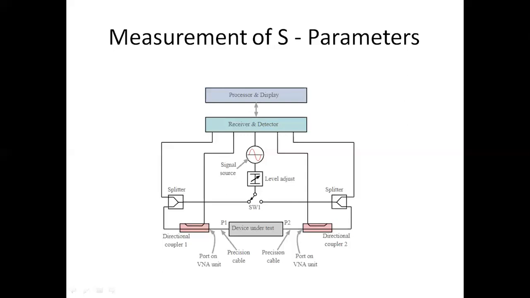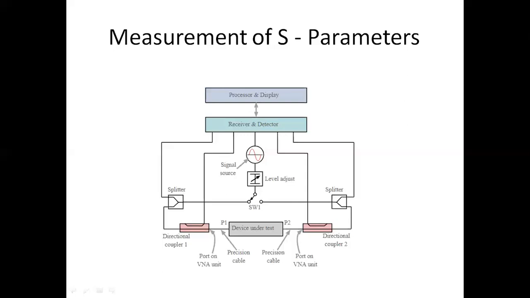along port 1. So if we want to measure the S21 parameter, the reference signal is already given to the receiver, and the signal passing through port 1 will be transmitted to port 2, then it passes to the directional coupler and once again goes through the splitter and gets received by the receiver. So based on that reference signal and the signal that is passed through port 2, we can easily measure the S21 parameter. Similarly, the reverse process is done for the S12 parameter.